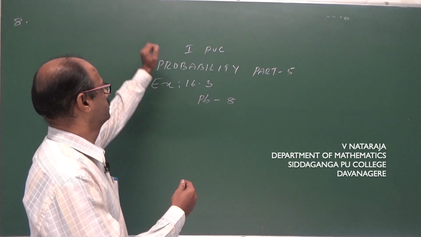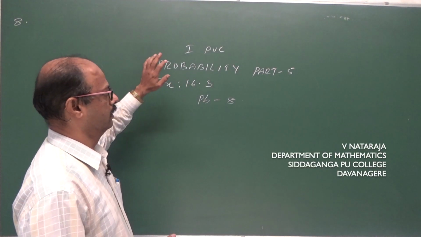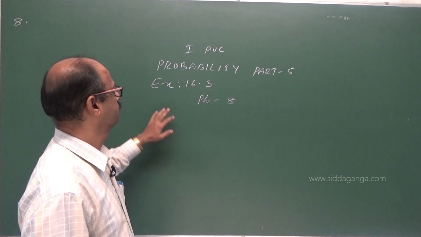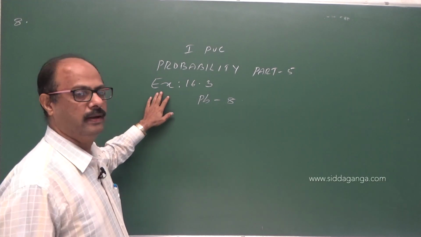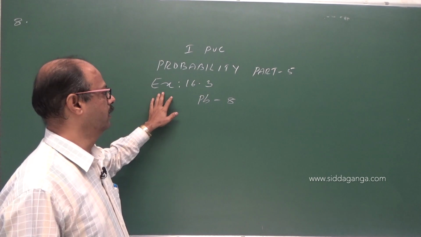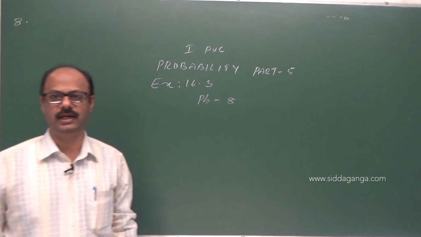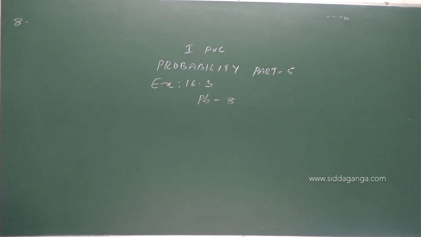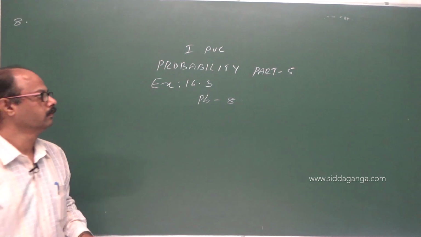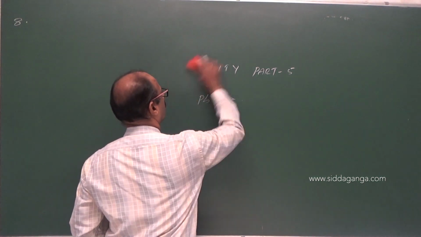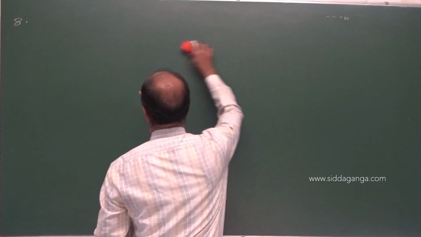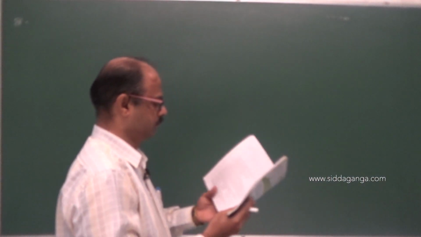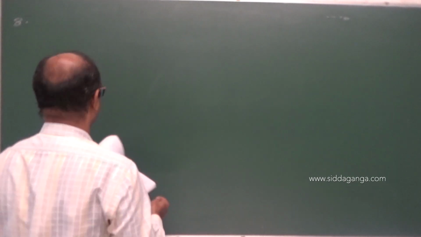So today we are discussing the first PUC probability, that is the fifth class, continuation of exercise 16.3, problem number 8. Problem number 8 is like this. 3 coins are tossed once. 3 coins are tossed once means